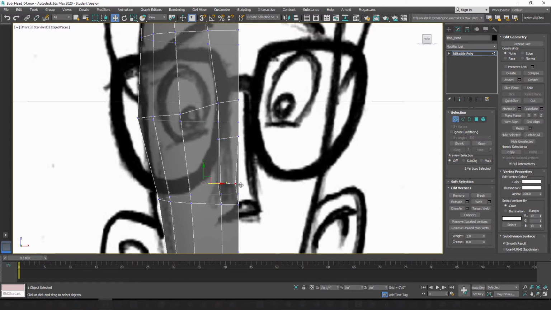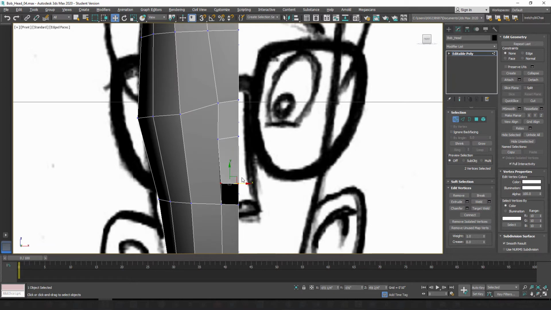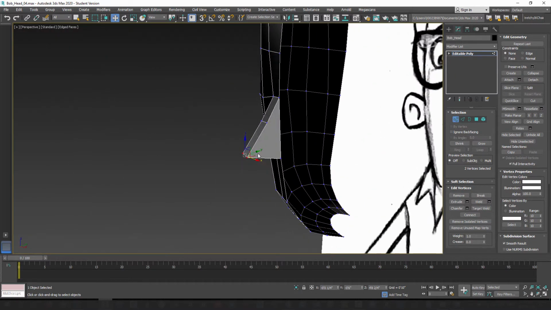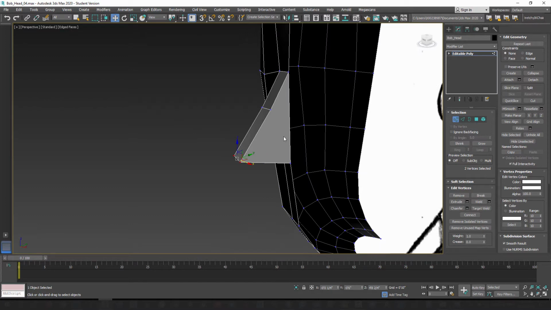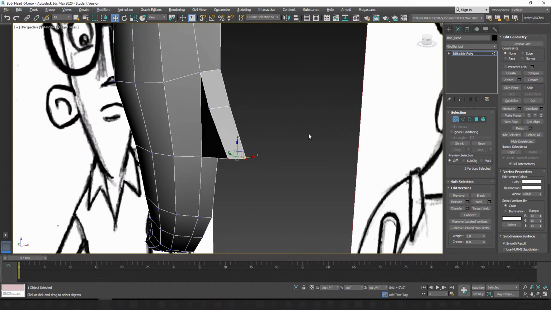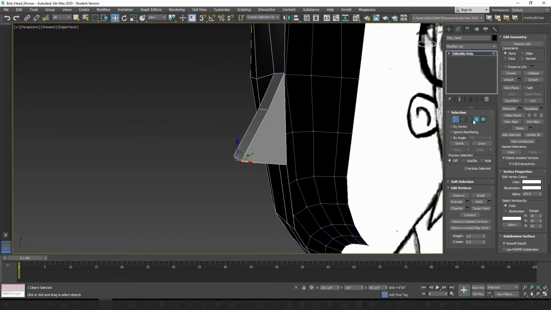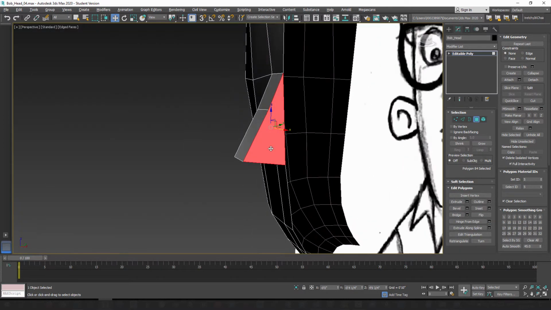Okay, so the reason they were off like that is because we extruded the polygons out. And if you hit Alt X and go back to perspective, you'll notice that it also creates a face on this open side from where we extruded. So you want to take that face and you need to make sure you delete that face on the inside,